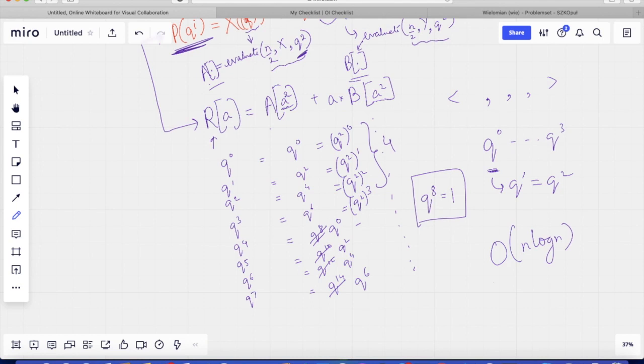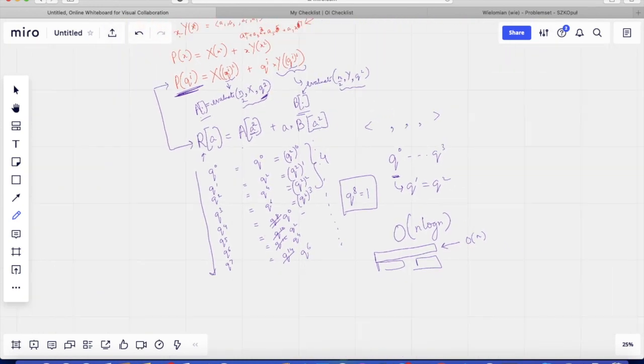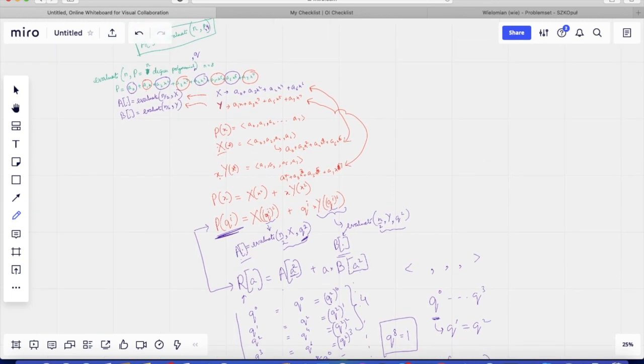Why? You compute each half separately and then you combine. For the combination step, it's just a linear pass that you do over all the values of q, and then you have the corresponding values of q here, and you find the answer in constant time. So every pass at this step takes order n time, and the complexity becomes n log n using a merge sort kind of logic. I'll show you the code in just a bit, but let me just reiterate why everything works in this way.